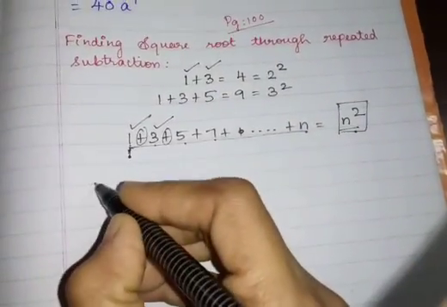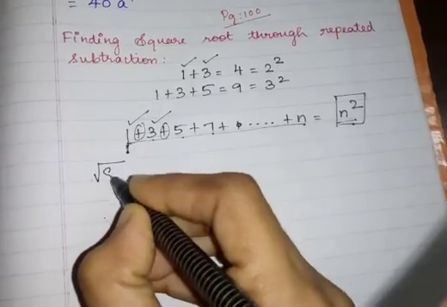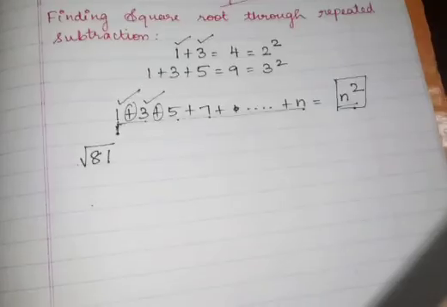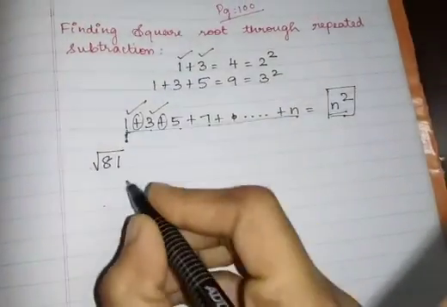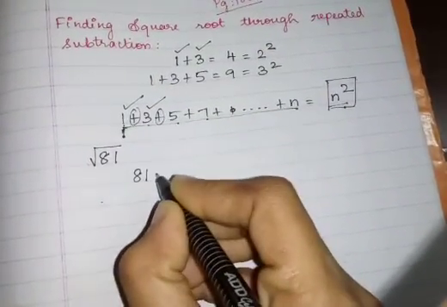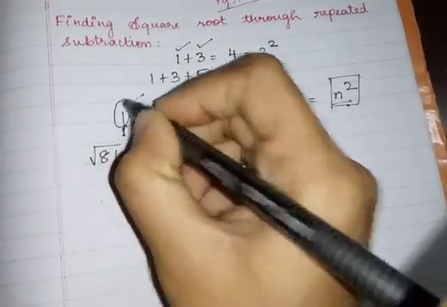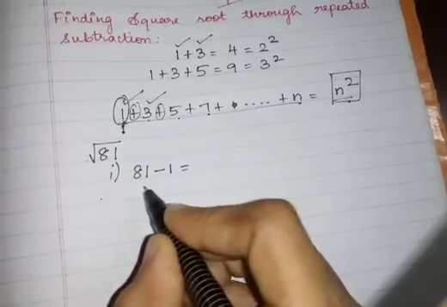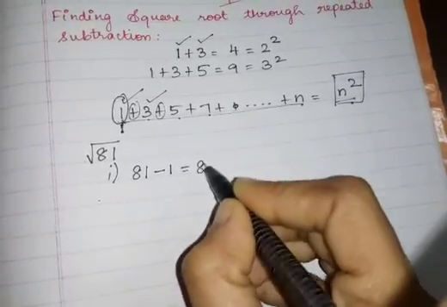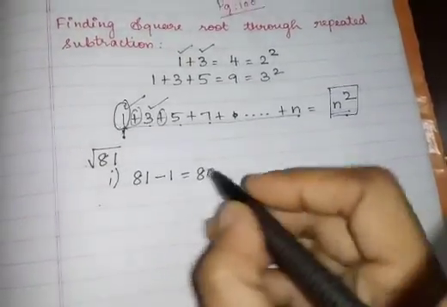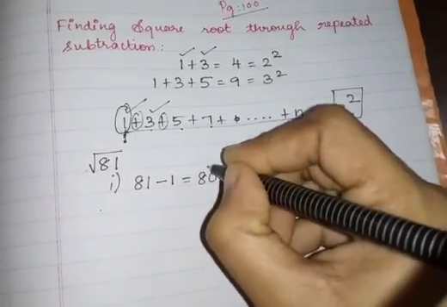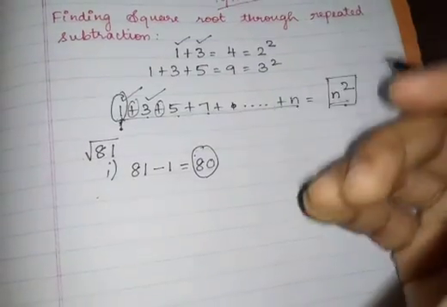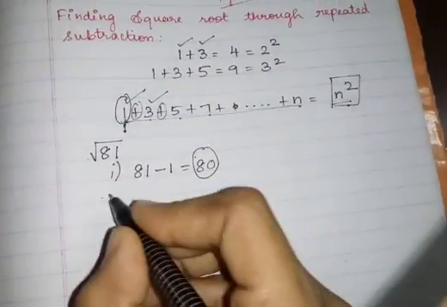In the book, first I'll teach you what is given in the book. We have to find the square root of the number 81. First I take the number 81 alone, children. First I am going to subtract 1 from 81. 81 minus 1 is 80. You have to keep going until you get 0 in the answer.